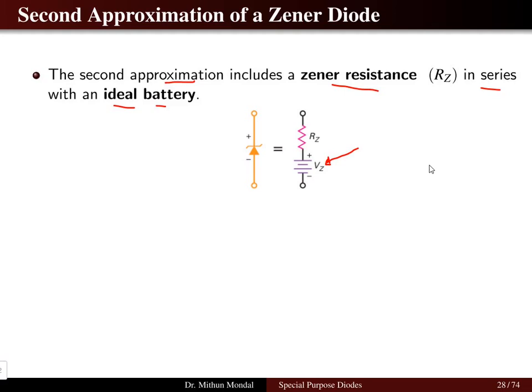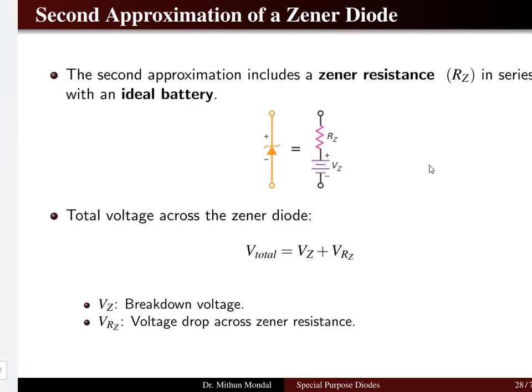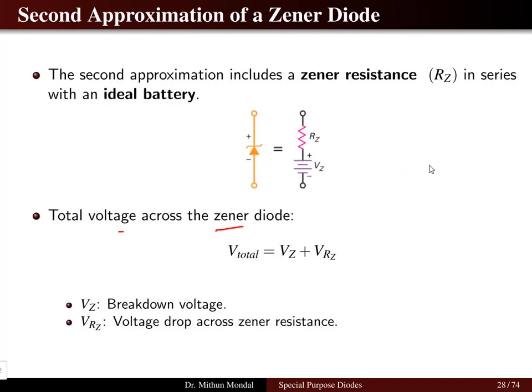However, if we add the second approximation, then we need to include one resistance, which is known as the Zener resistance. In that case, the total voltage across the Zener diode now will be the summation of the Zener voltage plus the drop across the resistance Rz,